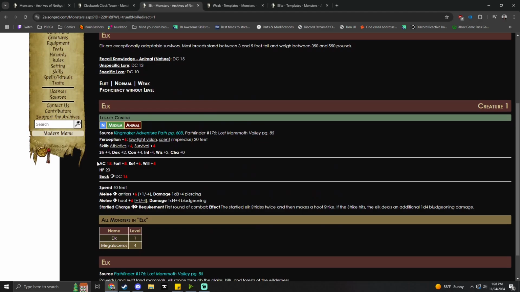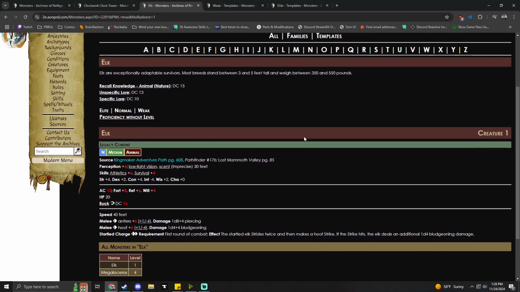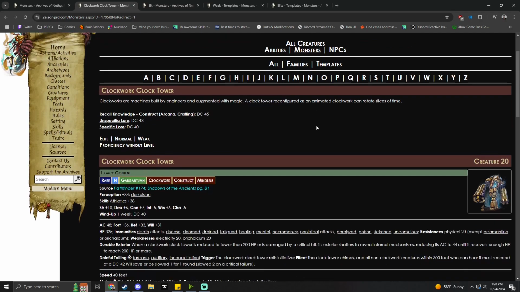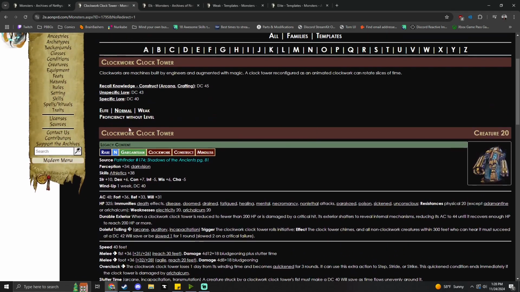And now it's going to show you the stats without the creature levels. So if you wanted this to be like a level 5 elk, you just apply the elite tablet 5 times to this, and it's kind of treating this like the creature is CR0, which for an elk doesn't matter because it's level 1. But if we take a level 20 creature, like a Clockwork Clock Tower, which is a cool